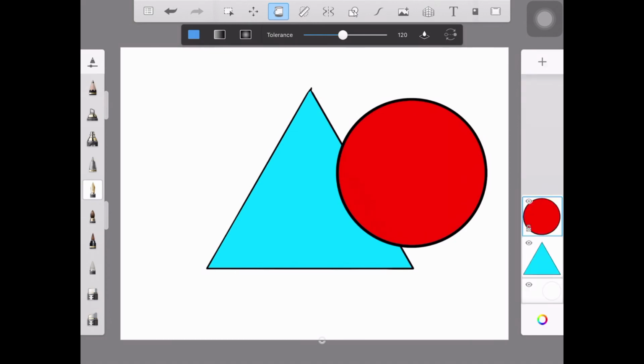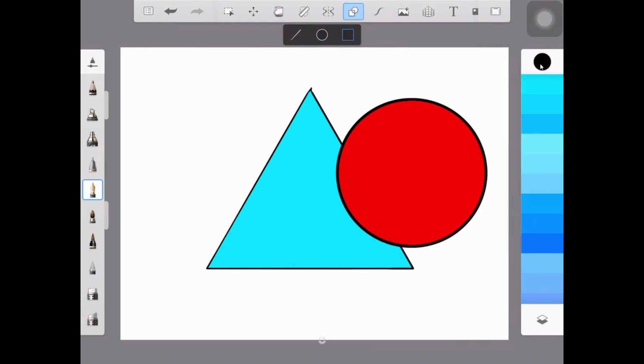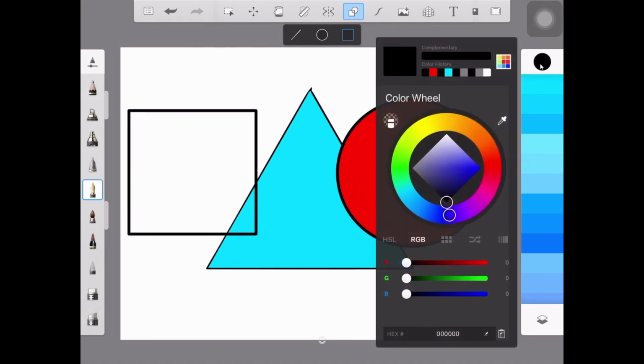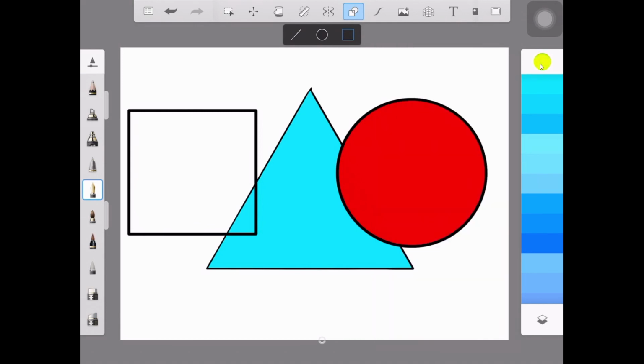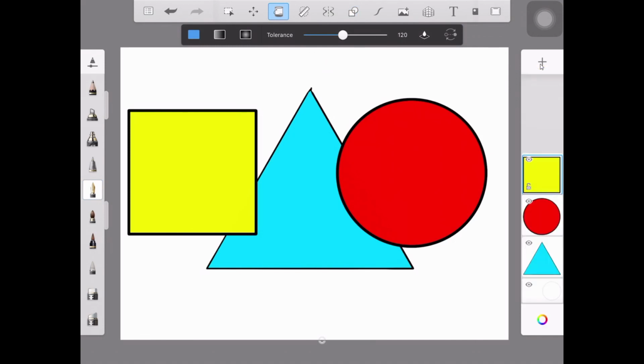That's it. And now I'll add one more layer. Click on this plus icon and I'll add one rectangle. I already have it in the default shape. First I need to change the color to black, and now I'll fill yellow color. Just activate the paint tool and fill. Okay guys, now we have three shapes and three colors. Can we see we have three layers, three shapes and three colors. Now let's try the transform tool.